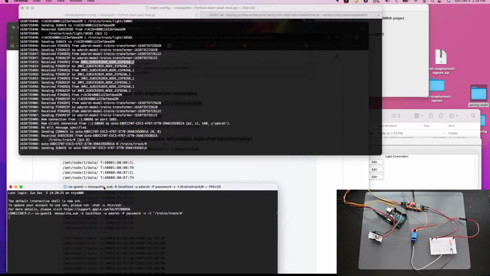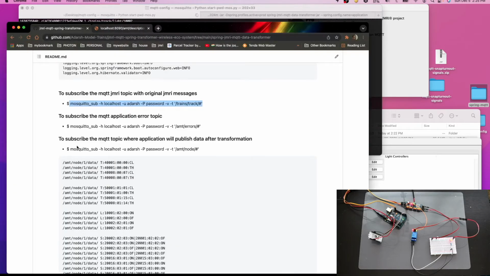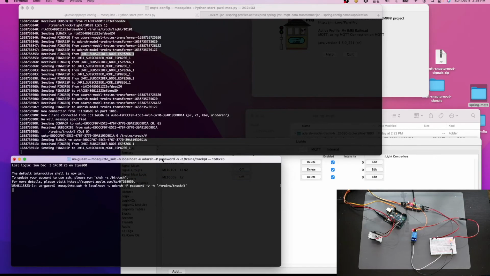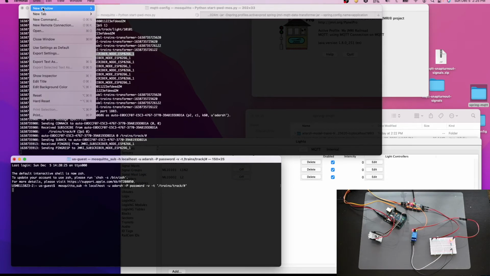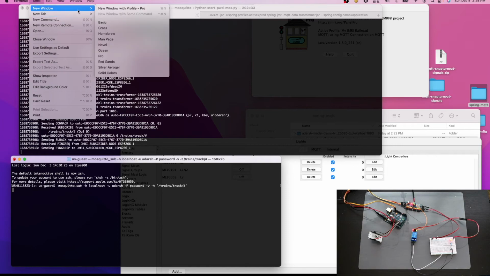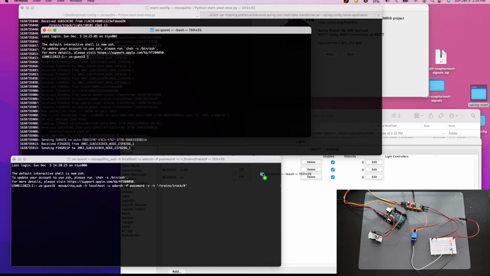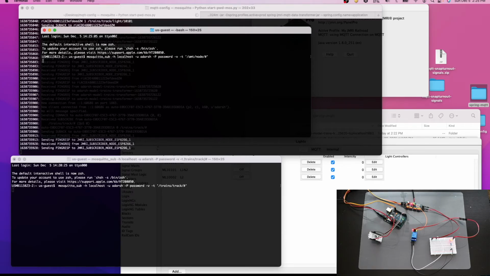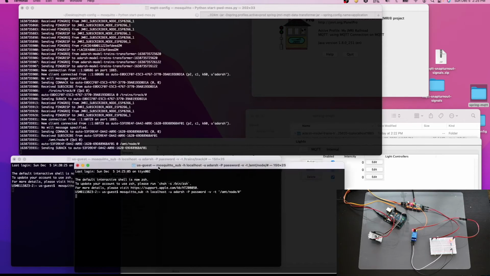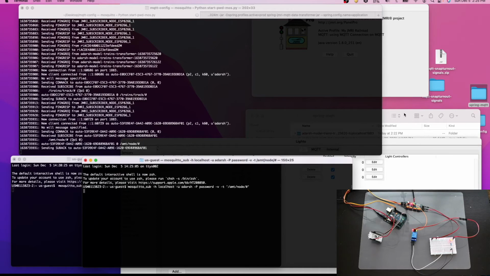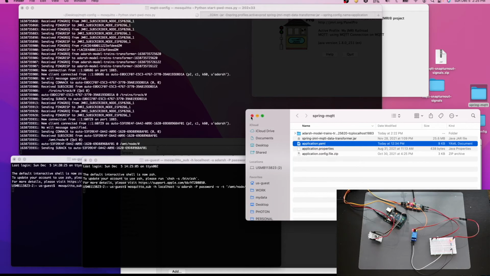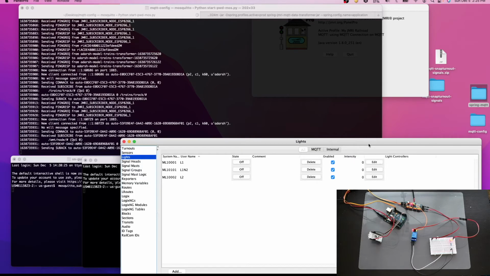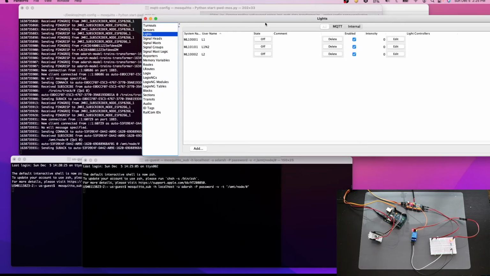So this will listen to what JMRI is pushing, and this will listen, minimize this, and this will listen, new tab. Let's make a new window itself. This will listen to what our application is pushing here. So we don't need this now. So let's see.